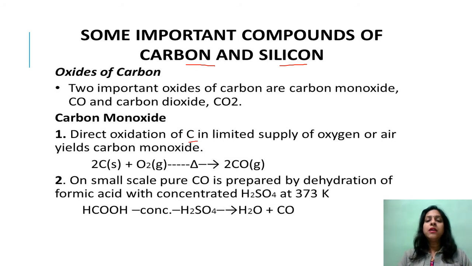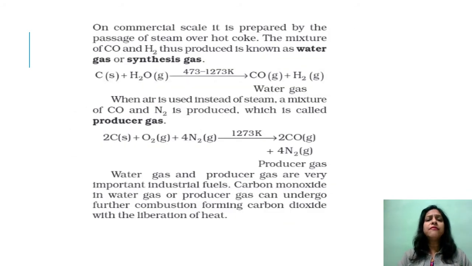अगर कार्बन में लिमिटेड सप्लाई ऑफ ऑक्सीजन किया जाए तो कार्बन मोनोऑक्साइड ऑन हीटिंग इट इज प्रोड्यूस्ड, और स्मॉल स्केल में कार्बन मोनोऑक्साइड इज प्रिपेयर्ड बाय द dehydration of formic acid, methanoic acid, in the presence of concentrated sulfuric acid. Again, it forms carbon monoxide. Whereas if we are talking about the commercial scale, large scale पे करेंगे तो carbon monoxide is prepared with the